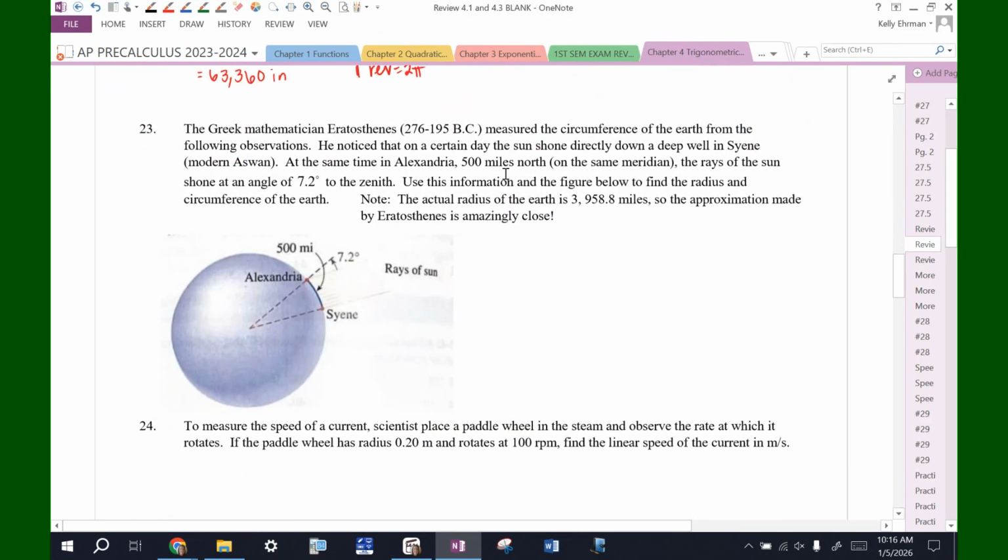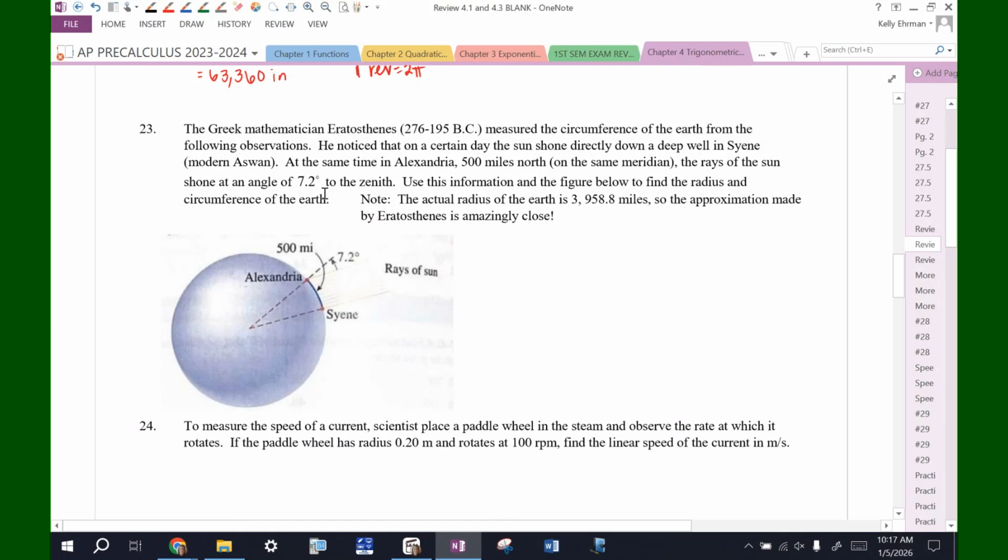All right, what is this problem? The Greek mathematician, I probably should know how to say his name, I'm going to mess that up. I'm sorry. I'll have to YouTube this and check it and fix it in class. Anyway, he measured the circumference of the Earth from the following observations. He noticed that on a certain day, the sun shone directly down a deep well in Syene. Ooh, I really should have looked this up. Sorry, guys. At the same time, in Alexandria, 500 miles north, on the same meridian, the rays of the sun